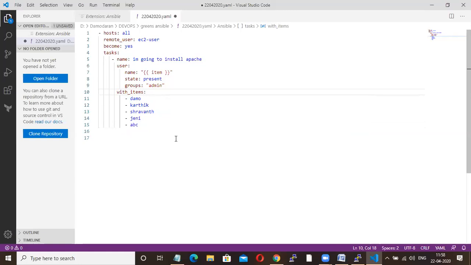Understood? So today we have seen three playbooks. One is for installing Apache. Next one, installing different services using loop. Then how to create multiple users. Okay, fine. Any doubt so far?